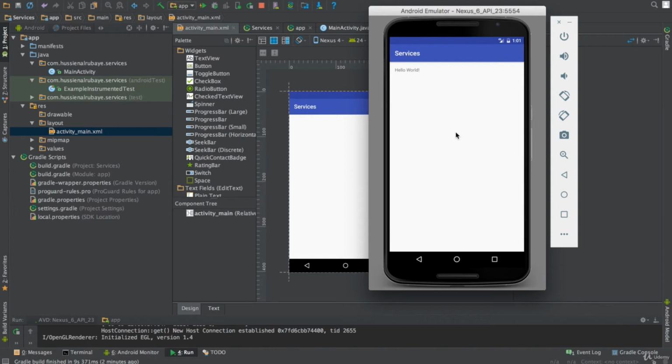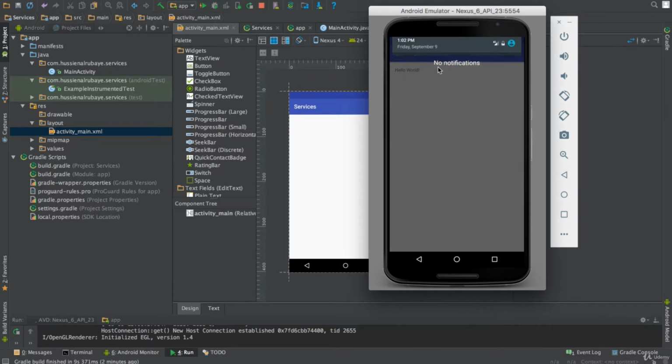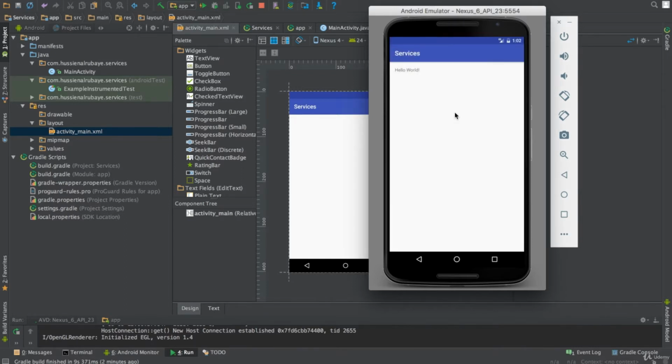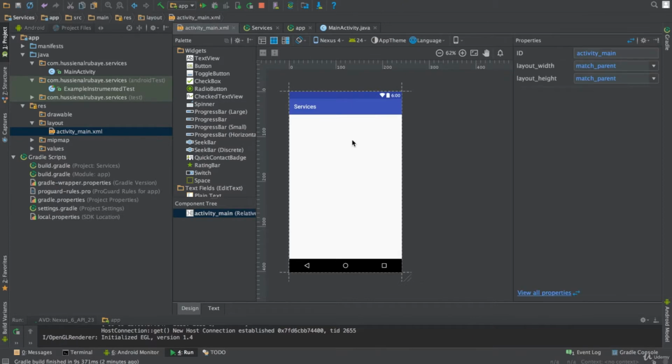Hey everybody, let's talk in this video about notifications. We can send a notification to the user's phone and he can receive it by using our apps. There are two ways to send a notification: the simple way and a little bit complex way. Let me first teach you the little bit complex way, then I will teach you the simple way, just this